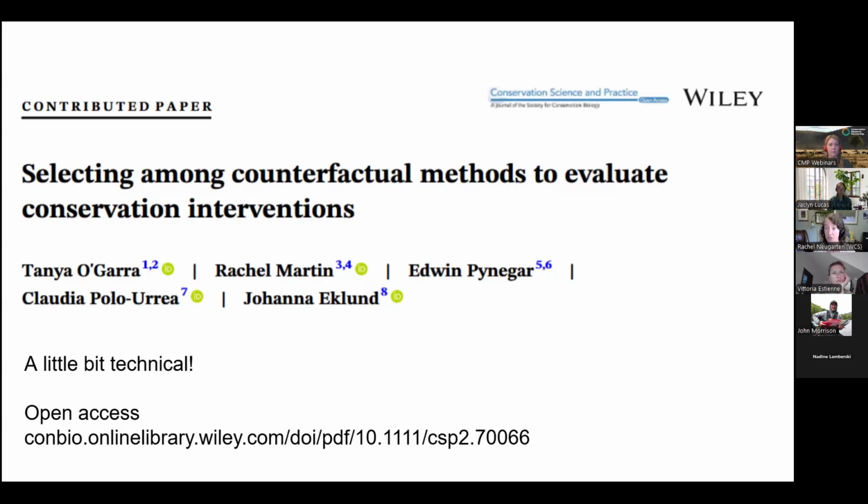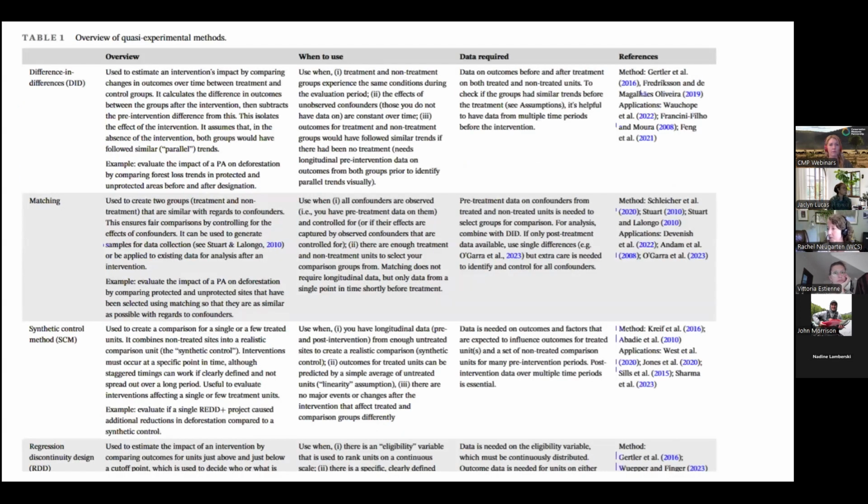There's this whole special issue coming out on bridging the gap between impact evaluation research and practice. And this is a paper from that special issue. Some of the papers have been published, but some are still forthcoming. There's also this great table for those of you that are curious about learning more about some of the methodologies I mentioned earlier. It tries to give a brief, non-technical description of what it is, when to use it, and what the data requirements are.